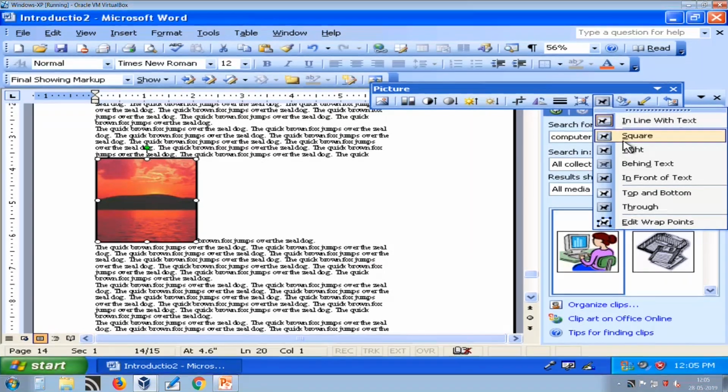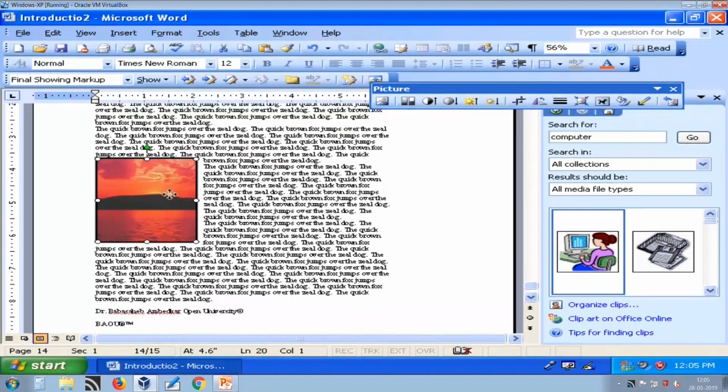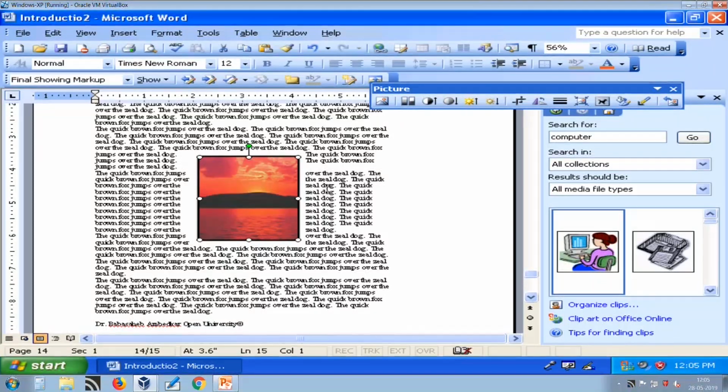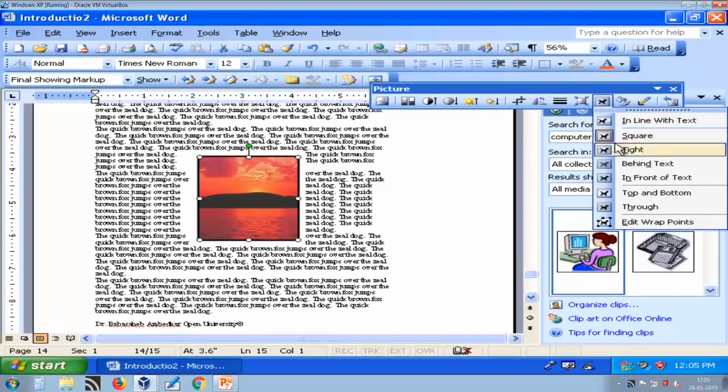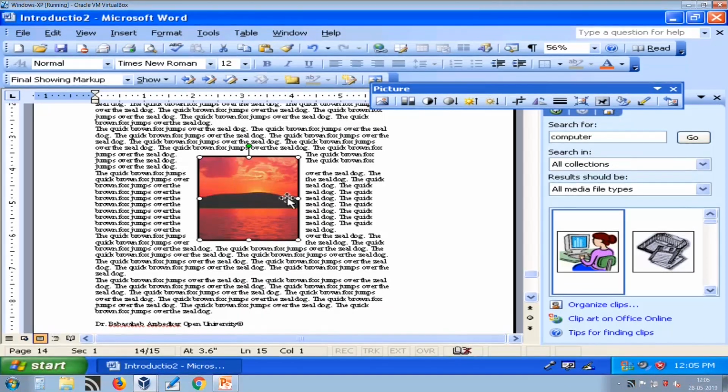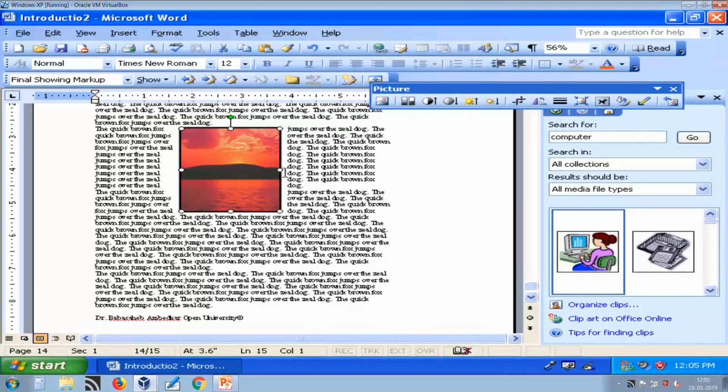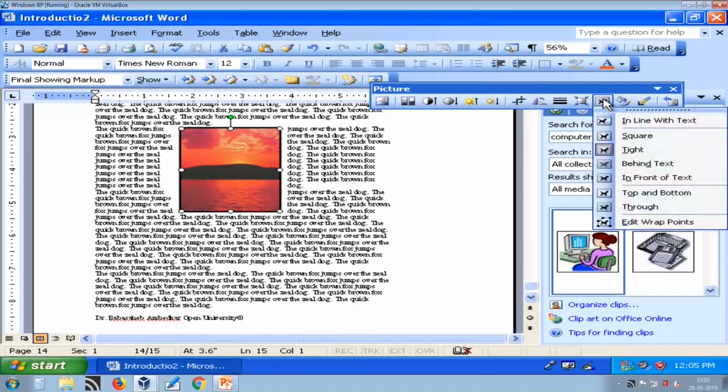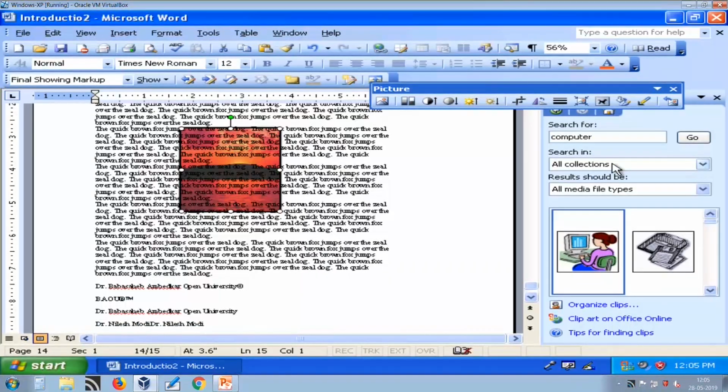Now if I select this square, whenever I move, that square portion is left and text is automatically arranged. Now if I say tight, it will try to fit the picture and text together, and if I select behind the text, the picture will immediately move behind the text, so that you can read this.